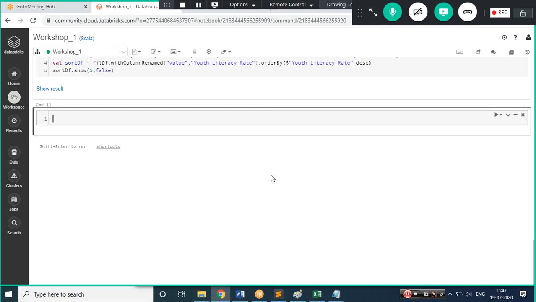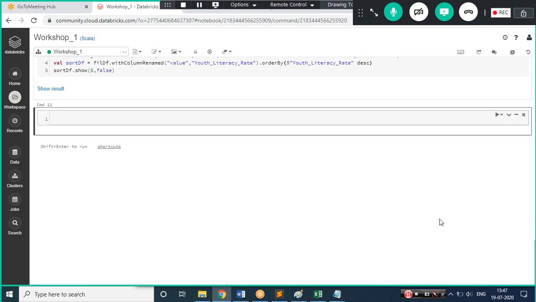Mainly the indicator code, year and a few columns I'm trying to take, so that I do not go into much complexity. The intention of this workshop is just to make you familiar with your Databricks notebook, how to write the code in a couple of modes, how to create the chart, and you can explore on your own.